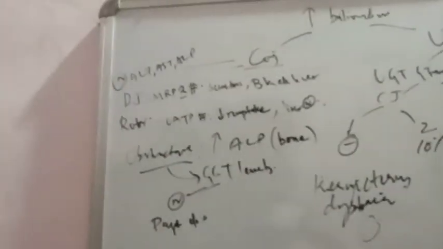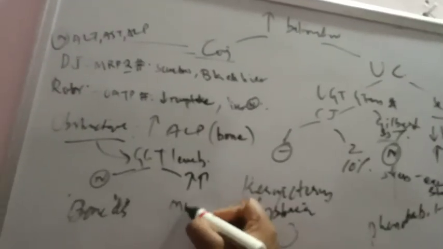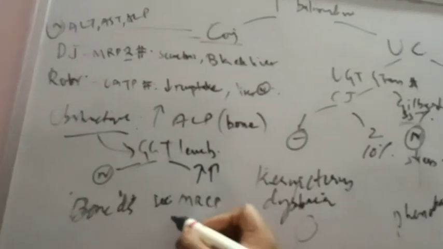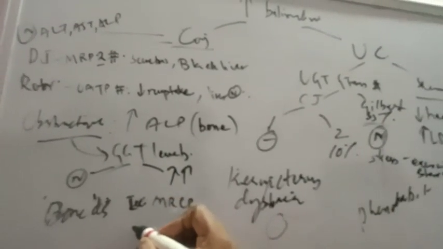But of course you will also check the calcium levels, phosphate levels and PTH levels. And if GGT is increased, that means the problem is in the liver, and you will do MRCP, which is the investigation of choice, and ERCP, which is the gold standard. So you will do all that.